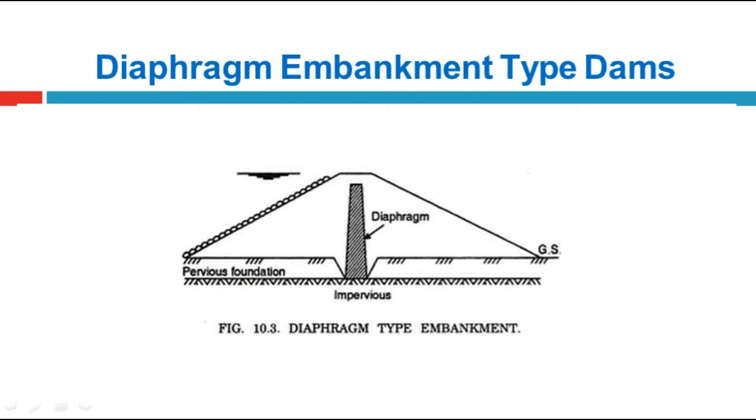Next is the filter. It is placed somewhere here, and we will see that portion in the next images. So that is the filter. Different types of filter have been used to minimize the erosion of our downstream side slope, because all the water is collected in the filter and easily passes out nearly beneath our slope portion. Because the water is escaping through that portion, there may be erosion and sloughing of the downstream side toe.